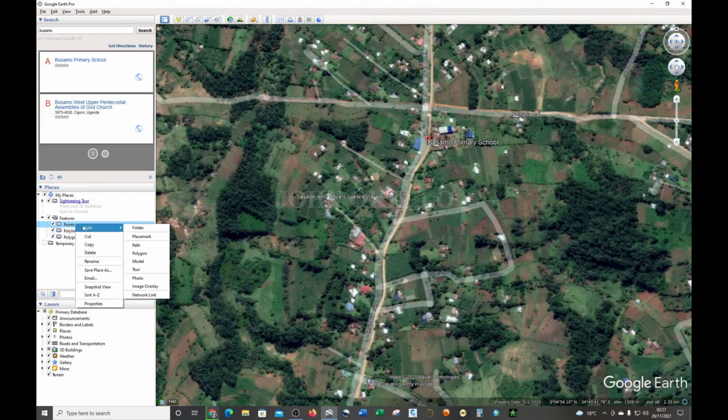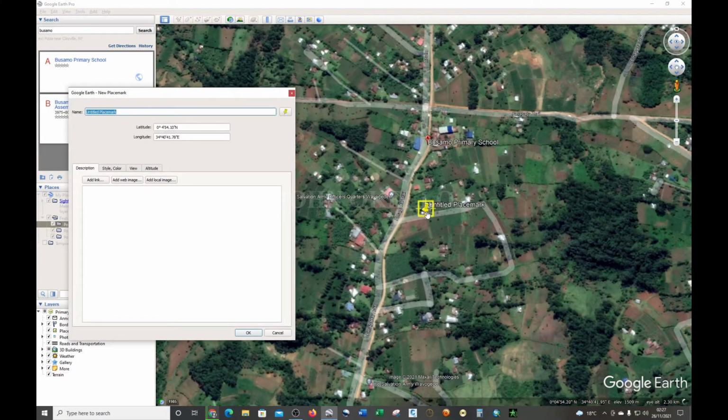But another way of doing that, from this menu bar, there is this little yellow pin right here. It's Add Placemark, for adding placemarks. With your points folder highlighted, just click on it,